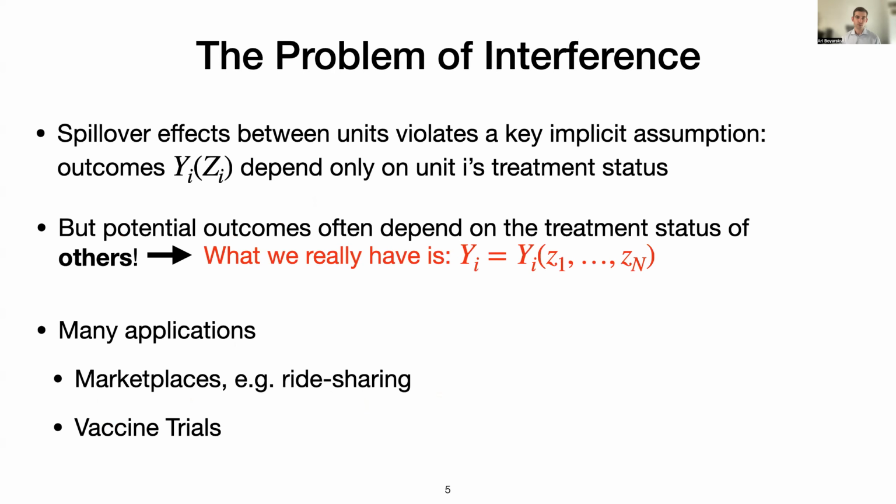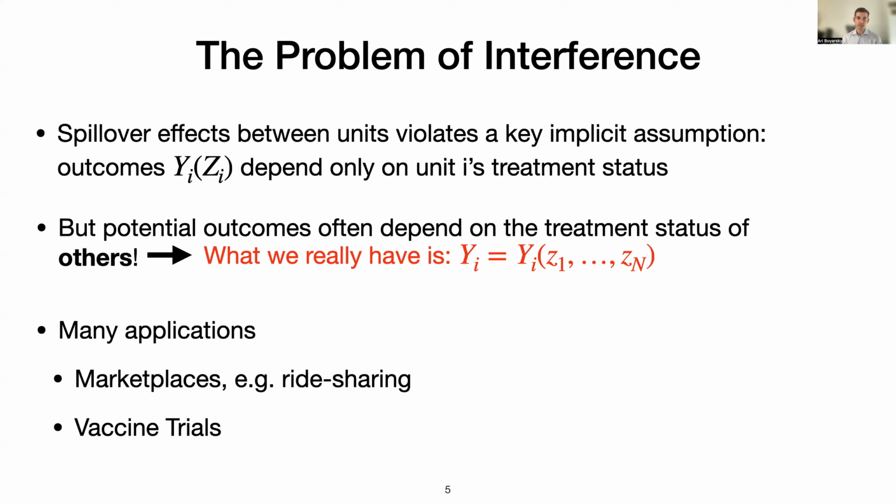So, using this framework, we're going to try to tackle the problem of interference. This happens when there are unaccounted for spillover effects between units. That is, an individual outcome does not only depend on their own treatment status, but on the treatment status of others. If you remember from our previous framework, a major assumption is that our outcomes depend only on our own treatments. So this is a major violation of the potential outcomes model, as it breaks the mapping from treatment status to outcomes. Interference is also extremely common.